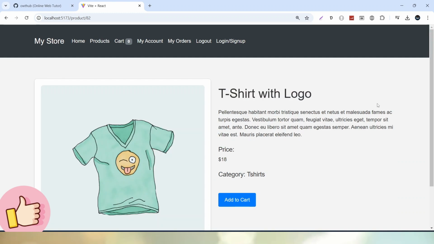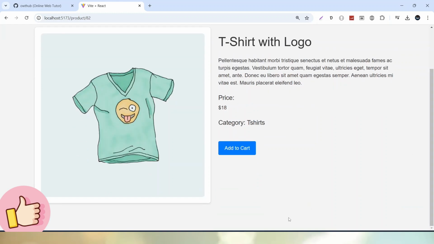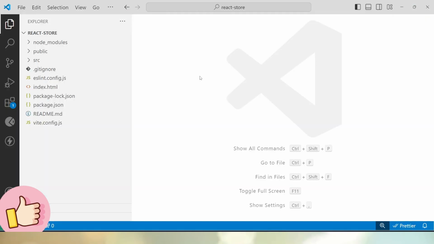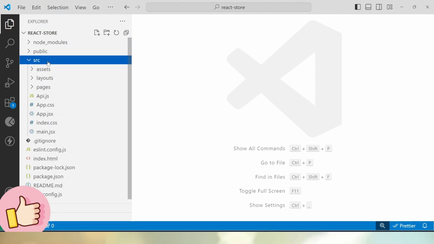So in this video we'll do two minor settings. First of all, we'll add our footer, and second, before calling any API, I want a loader to be available so that the user will get some information that the ongoing process is in a processing state. So let's get started. First, let's go back to the editor, and here if I go into the src folder, layouts folder,